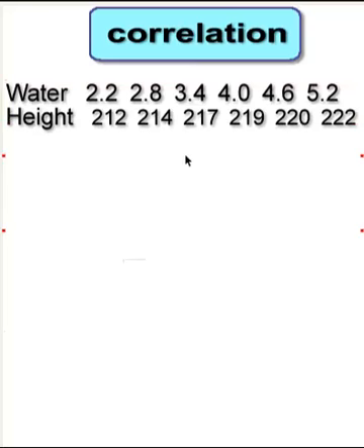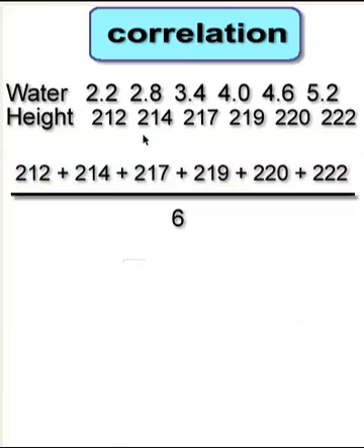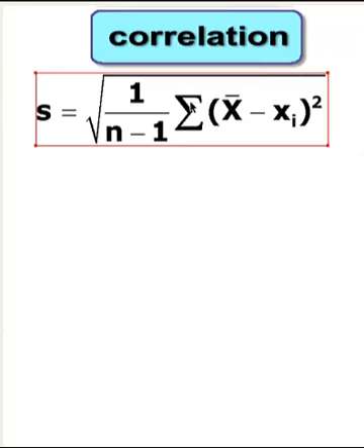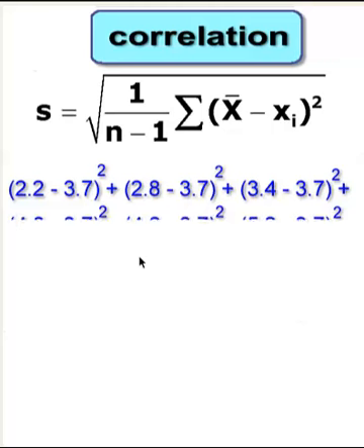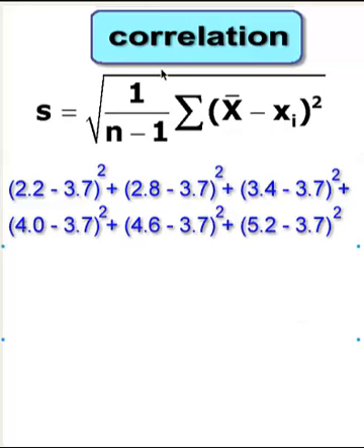Repeat the process for the Y's. Add them all up, divide by the number there are, and you get the mean for the Y's. Now you have to find the standard deviation for the X's. What that means is you got to physically take each individual measurement, subtract it from the mean, and square it. You got to add all those up,